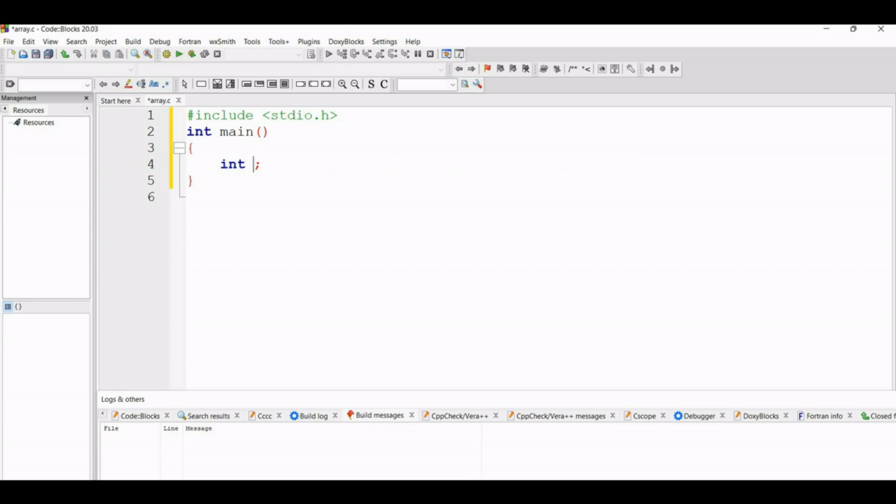So here, instead of taking 5 variable names, I will take one variable name, number, and after the variable name we have to give the third bracket, and inside this bracket I have to give the number of values I want to store there. Suppose at first I want to store 5 numbers inside this number variable name. Instead of storing one number, I store 5 numbers. So for that reason inside the bracket we have to give the number 5. This is called the array declaration. That means I have declared one array.